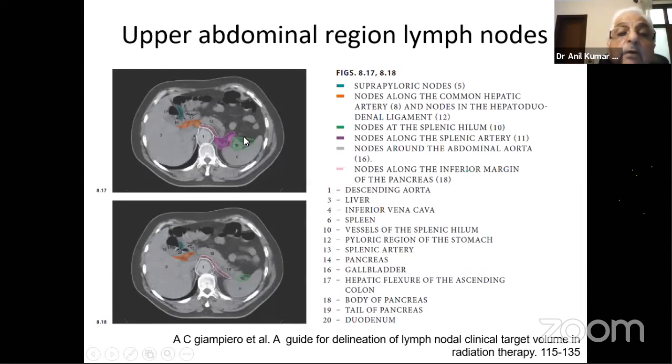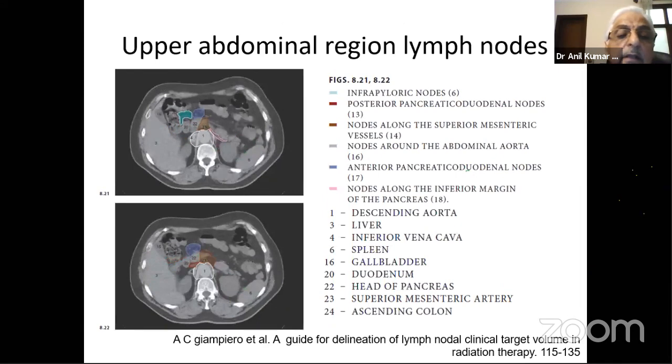So your field then will go right big from here to here to here like this. So therefore, if you are worried about too much toxicity and the patient has one or two nodes, then maybe you can leave this. So we have to individualize. So this one is retropancreatic nodes, which need to be included. Another section here, these are the suprapancreatic lymph nodes, and then pancreatoduodenal lymph nodes, all this. So this forms a kind of continuity, usually in continuity with the primary tumor.